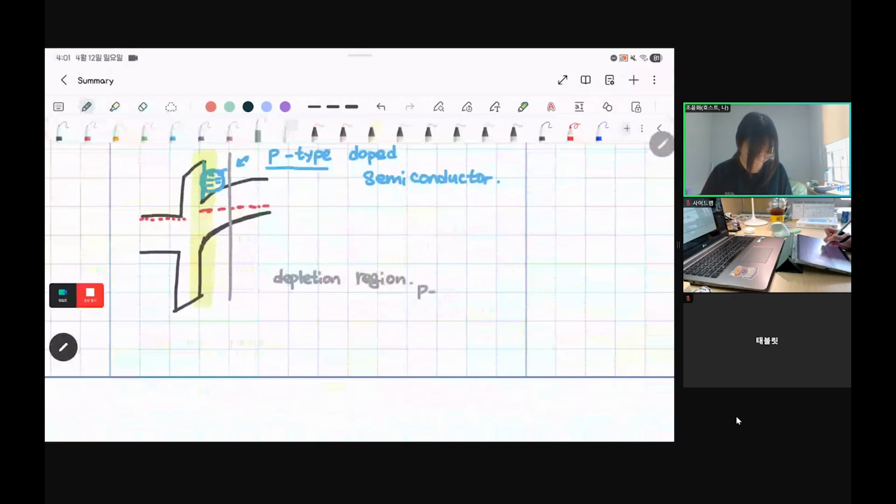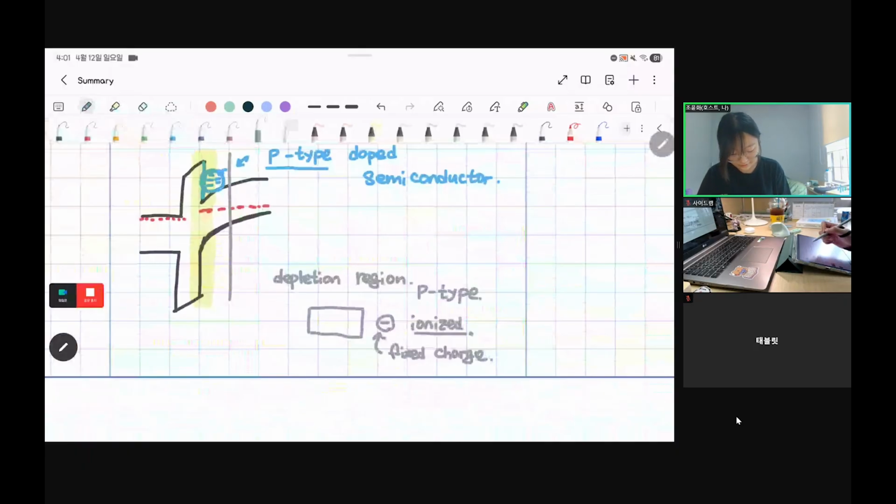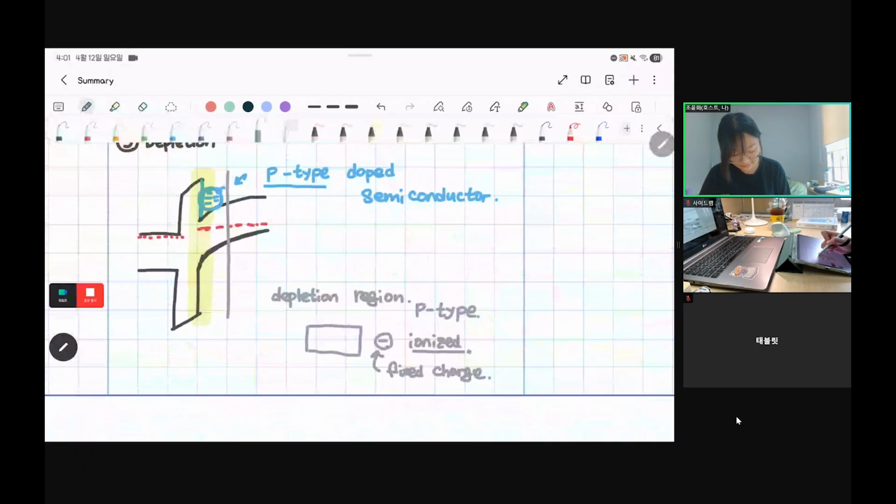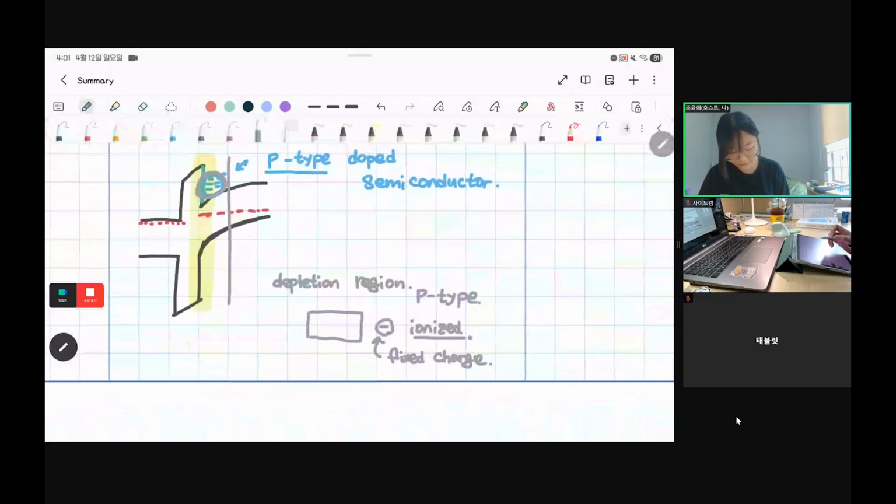In the p-type, it has minus ionized fixed charge, and there is also gained minus charge electron, so the depletion width is wider. So if we draw the charge density graph,